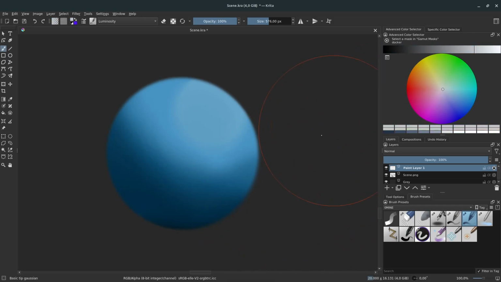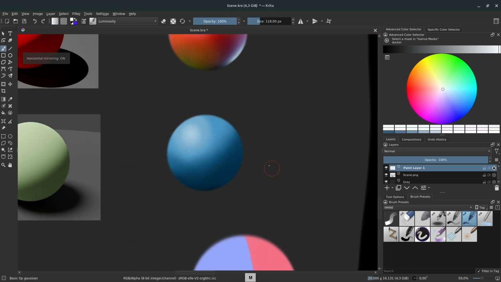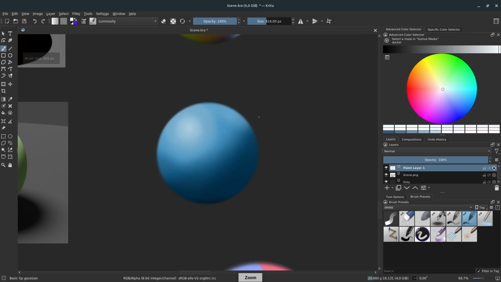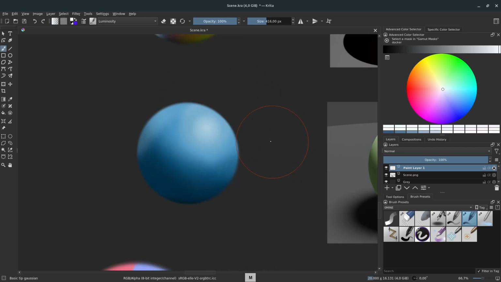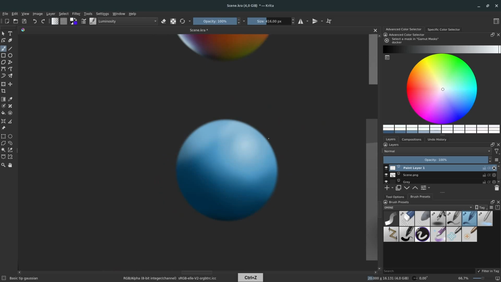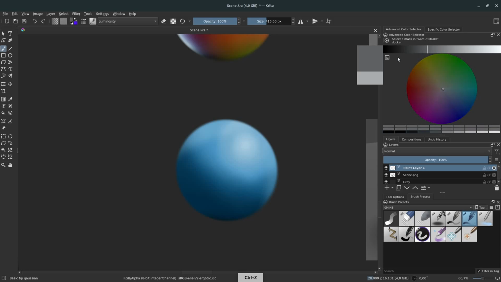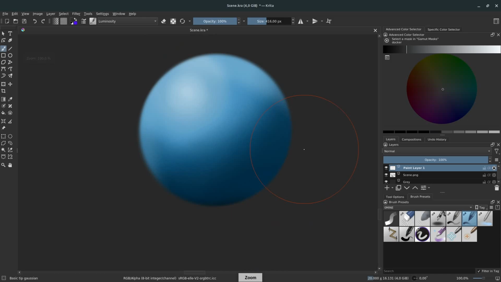But if you want a perfect white, you have to pick white over here, and then I can make a very sharp highlight like this. And maybe I want some more reflected light over here. Now we have used only luminosity to draw a sphere, and luminosity does the saturation and value for us. And we can go back anytime. I can say, well, actually the shadow, I want it to be brighter. I can do that. And this might actually be a cool effect because of, for example, bounce light,